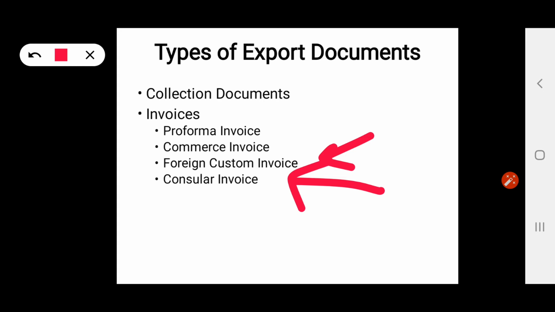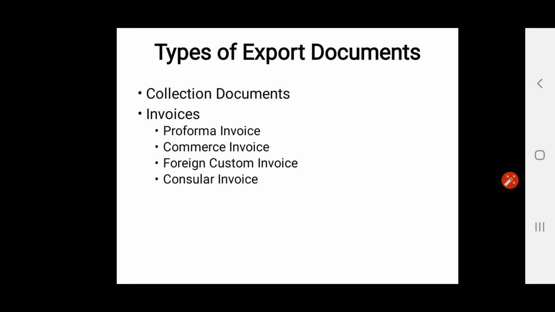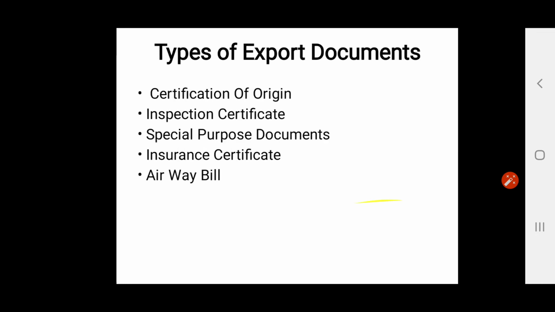The consulate general is to verify all the contents of this invoice. Usually it consists of the details about the total value of the invoice, the quantity, and the nature and other contents of the invoice. So these are the four different kinds of invoices which might be submitted by any exporter company.